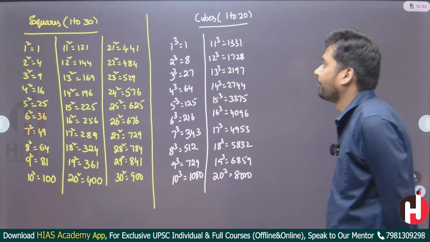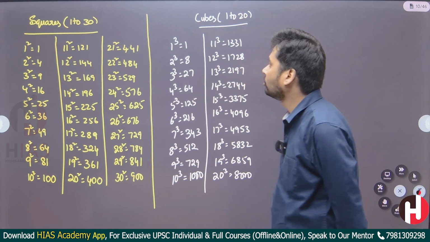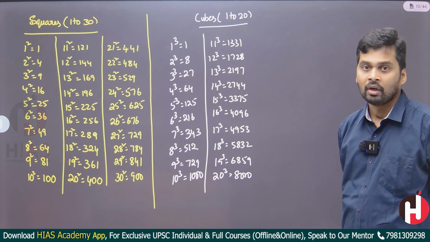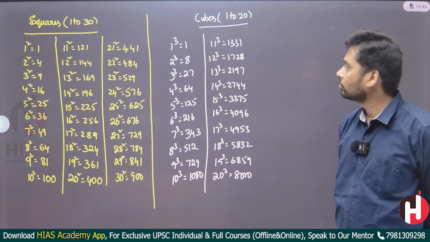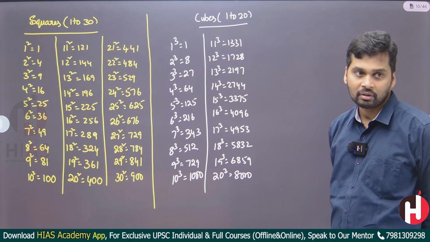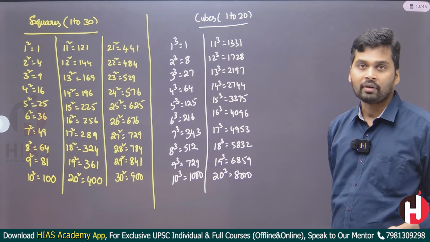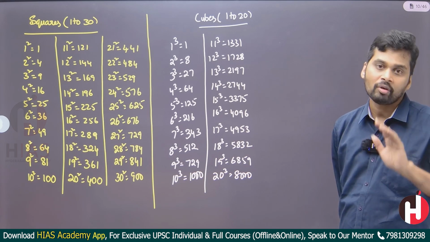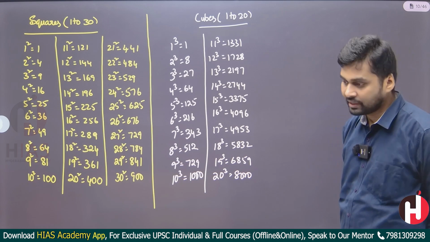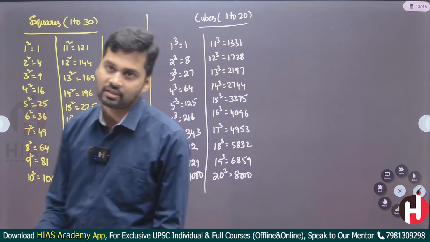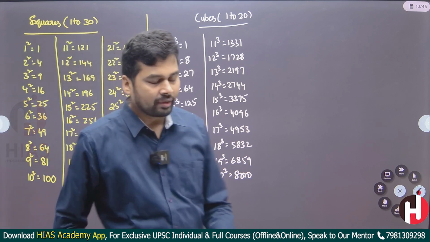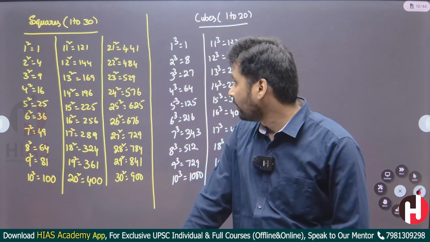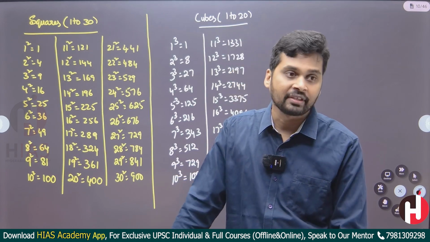See, when you are by-hearting the squares and cubes, it's not enough to know the value of 21 square or 22 square. You need to identify the numbers. So you need to perfectly remember all the values, like 441 is 21 square, 1331 is 11 cube. In this way, we have to learn. It is very important for number series. So 1 to 20 tables, 1 to 30 squares minimum and 1 to 20 cubes are required for doing slightly faster calculation.